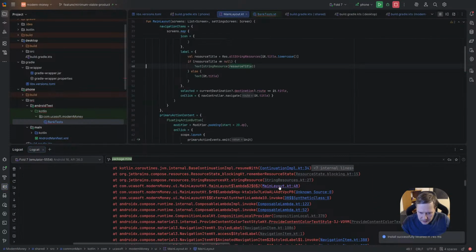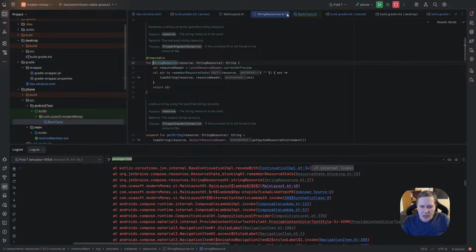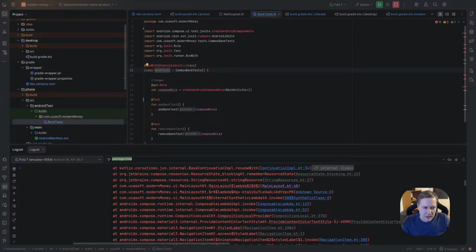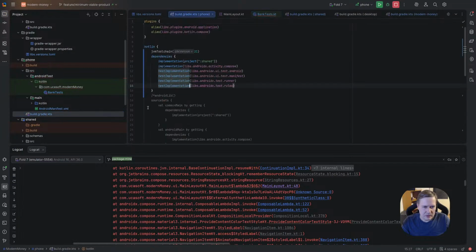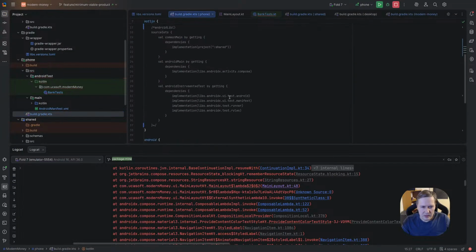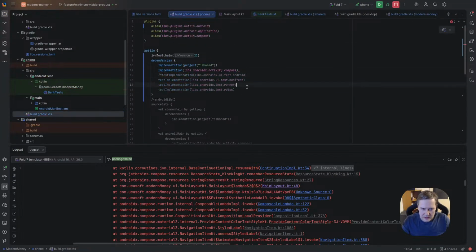Instrumental registry, main layout. String resource. Could it happen because of string resources? I saw there is somewhere like a new structure. So we can ignore this problem so far and even don't need these tests.